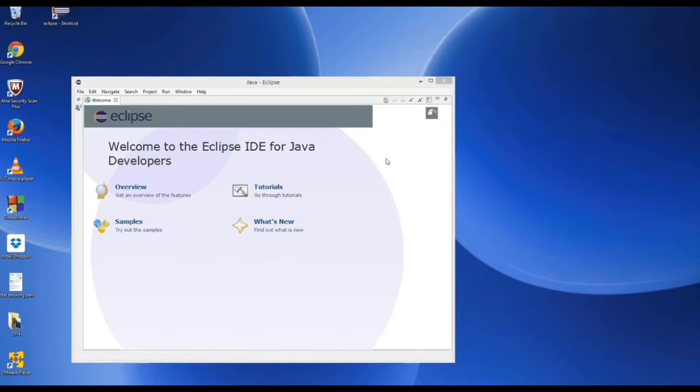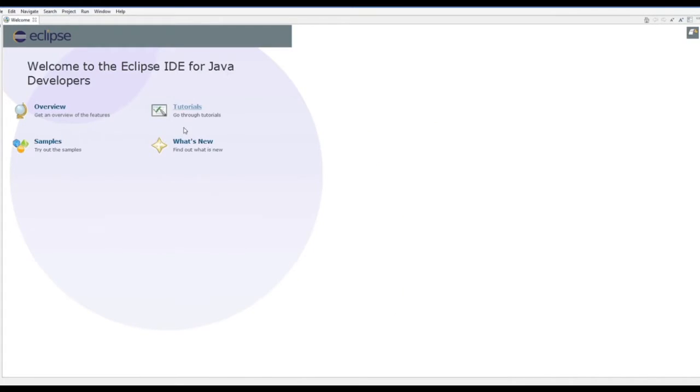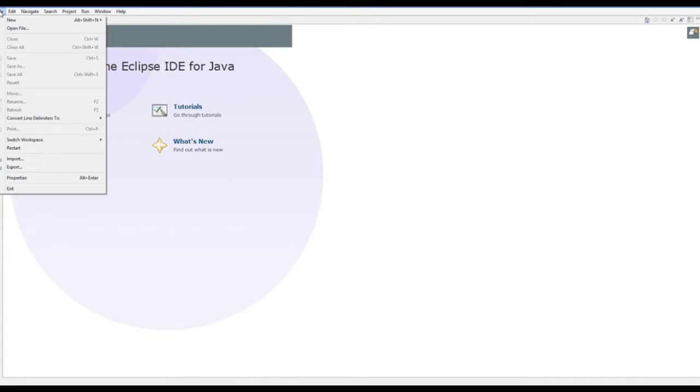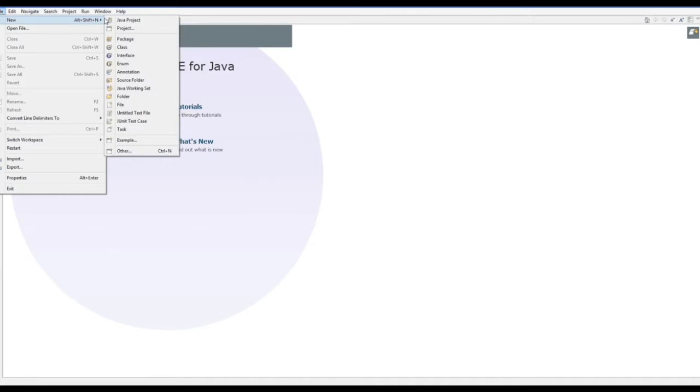Now Eclipse is open on my computer, right? So I will just maximize it, and I will be able to see this message, welcome to the Eclipse IDE for Java developers. And you can see they have some tutorials, samples, overview, and what's new. So to create a new project in Eclipse IDE, you just need to go to this file option here and go to new, and we are going to create a new Java project. So just click Java project,